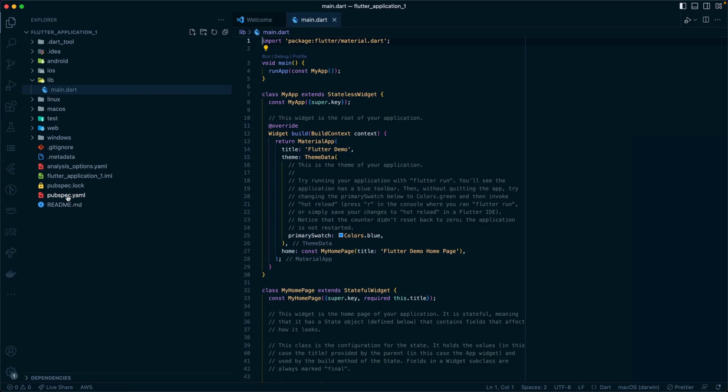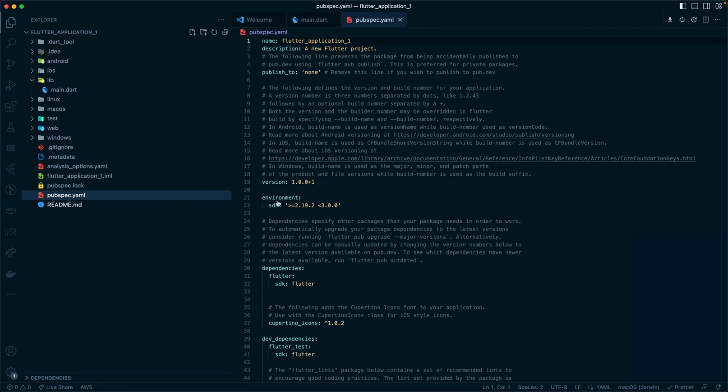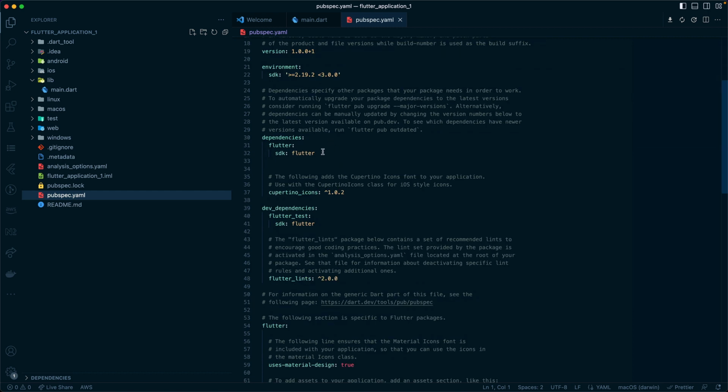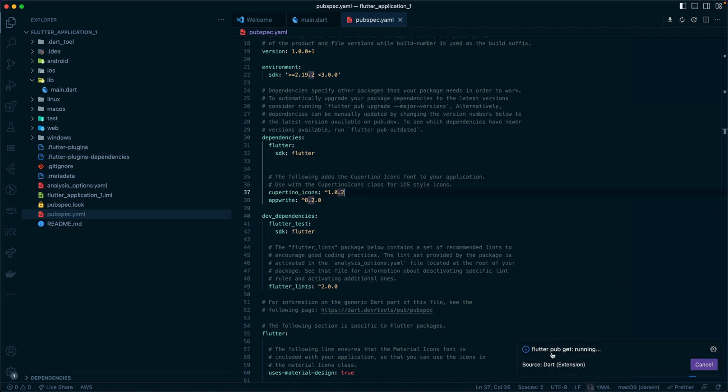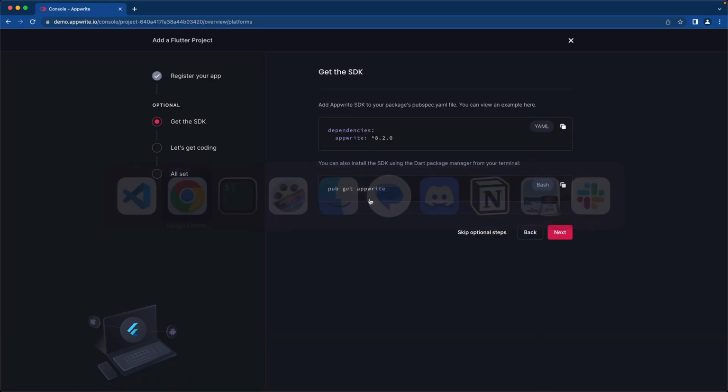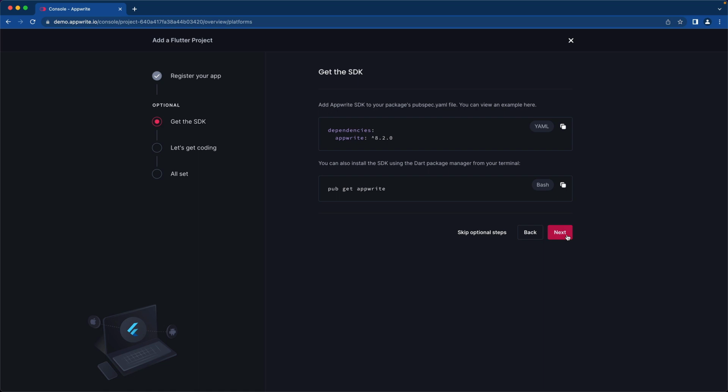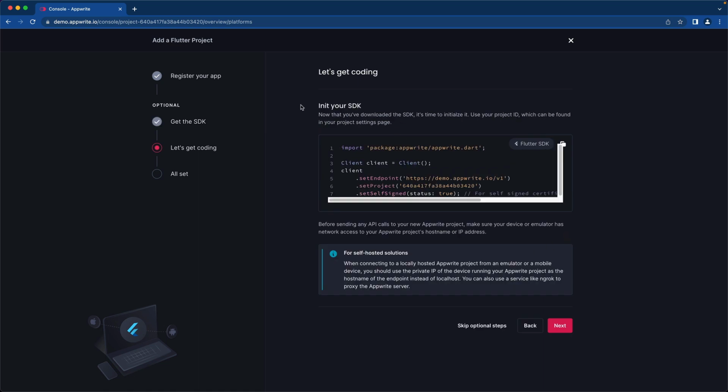Scroll down to select the pubspec YAML, and here where you see dependencies, you can include the Appwrite package number. Once you save, Flutter's pub get should run. Now that we've installed the Appwrite dependency within our application, we need to initialize the client. If we go back to the console and proceed to the next step, you'll see that we can init our